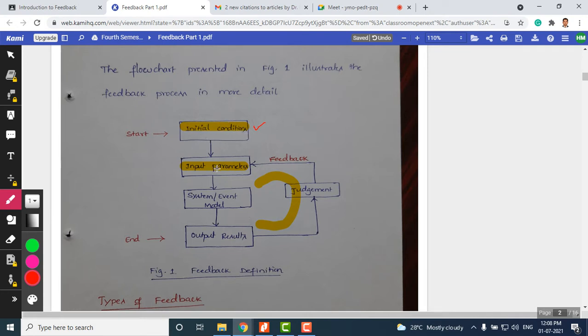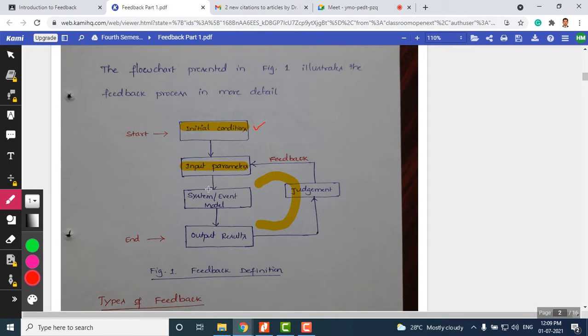Okay. Then we will have input parameters. If you look at an amplifier, the input parameters are nothing but the gain, the input impedance, output impedance, okay, the gain with feedback, all those things are going to be the parameters here. The temperature or operating conditions. So, all these things we are going to define in the beginning itself when we design an electronic system here. Even students, while doing a project also, you should start with some initial conditions and certain assumptions in the parameters.